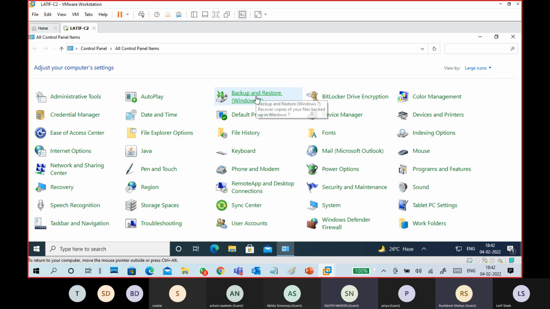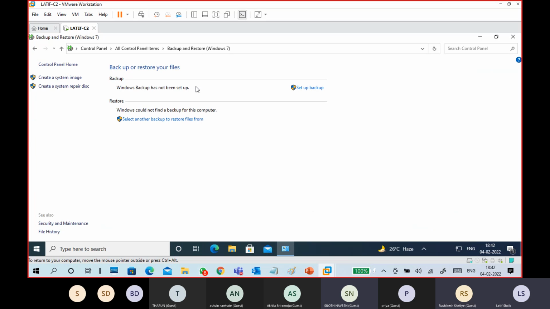See, backup and restore. So I'm going to open backup and restore. Yes, backup is not set till now, so no problem. Anyway, guys, when you see your PC, no need to do anything. Just read the things. Create a system image. What I'm saying is create a system image. Meaning is